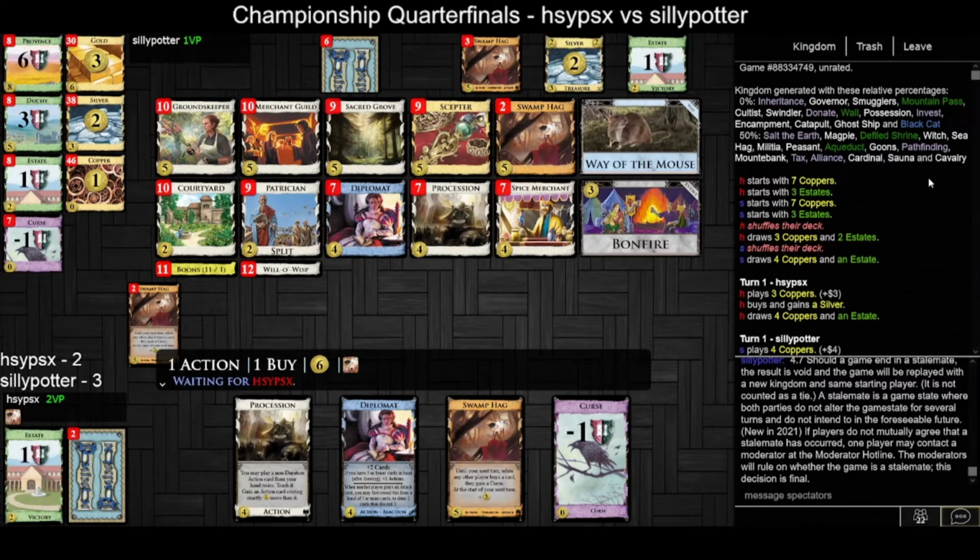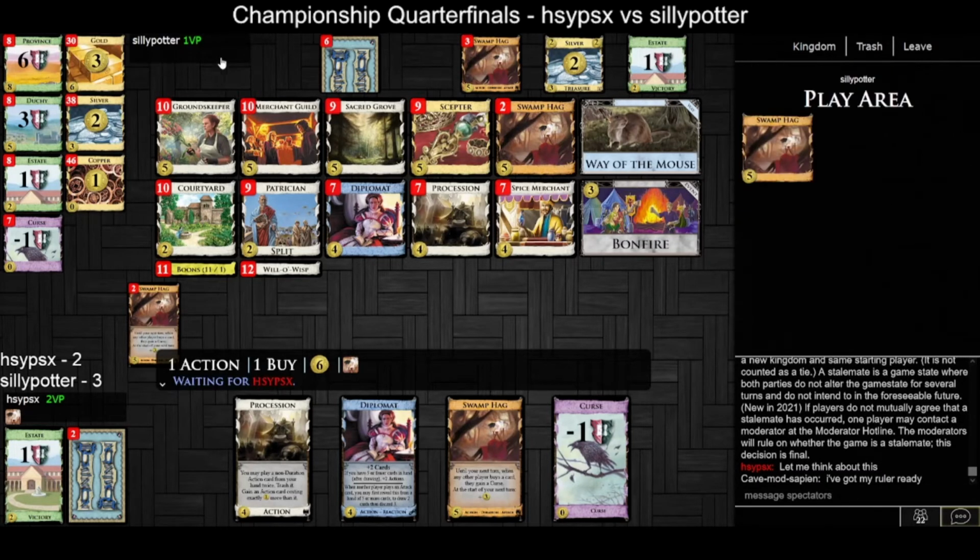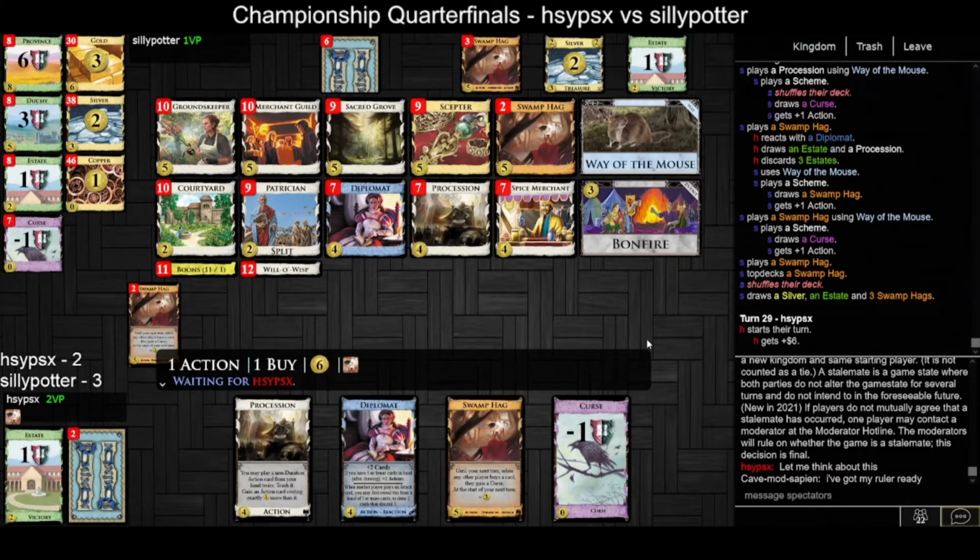All right, so sillypotter is also posting the same rule. Man, this is just like, okay, we have 28 turns and are doing the same things every other turn. So I think if sillypotter agrees it's a stalemate, then it will be a stalemate. hsypsx might be calculating now whether it's 0% for sillypotter to not hit Swamp Hag. I think it is. Or perhaps whether hsypsx wants to